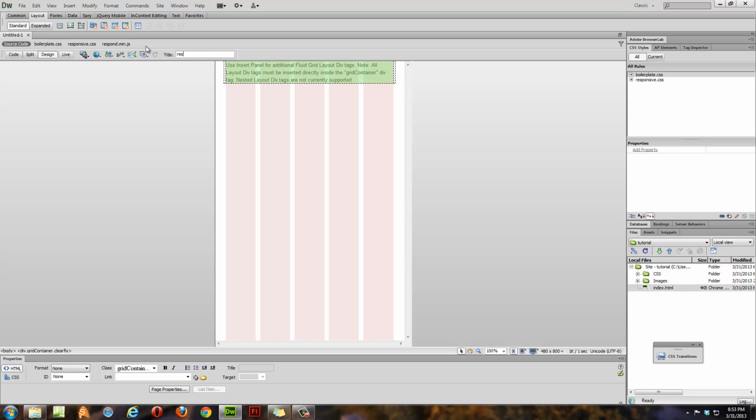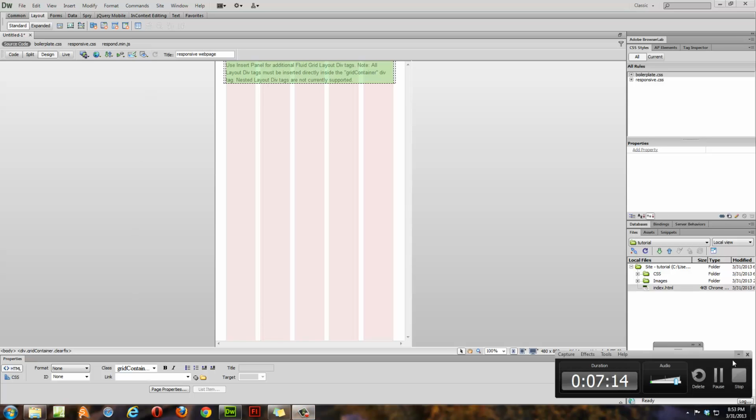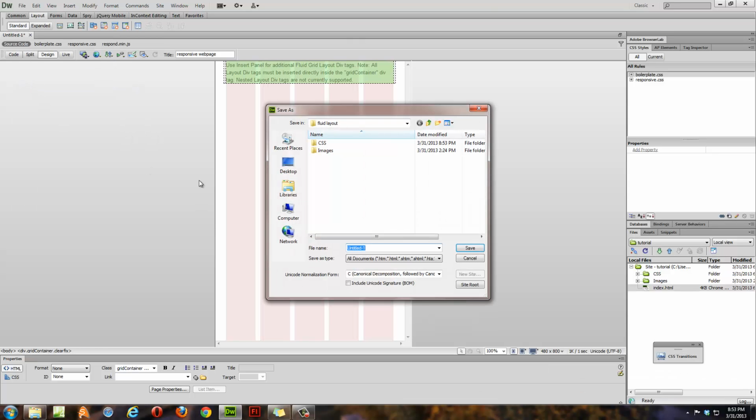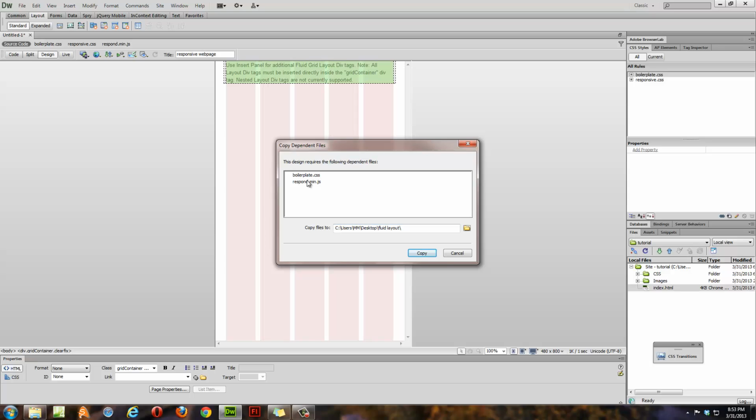So I'm going to call it responsive web page. All right. And let me save the file up. I'm going to call it index. At the same time,